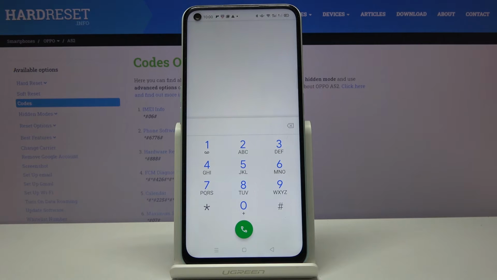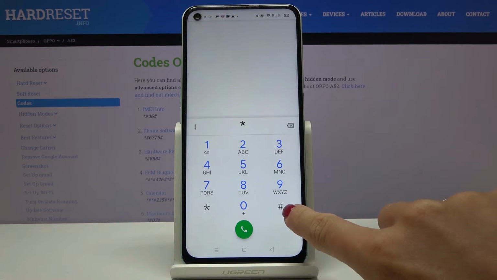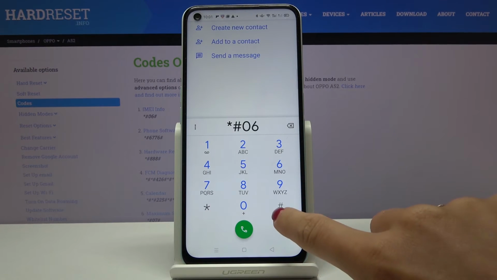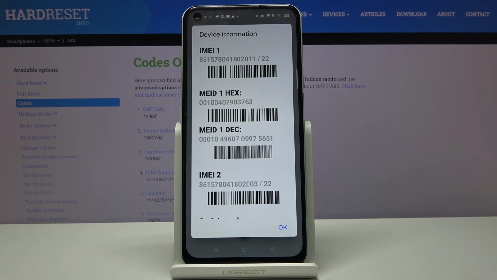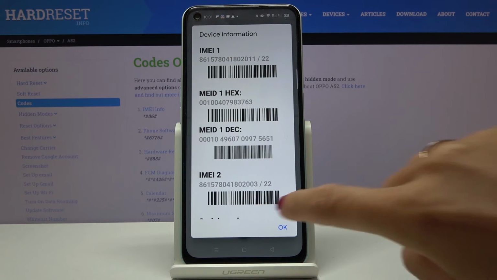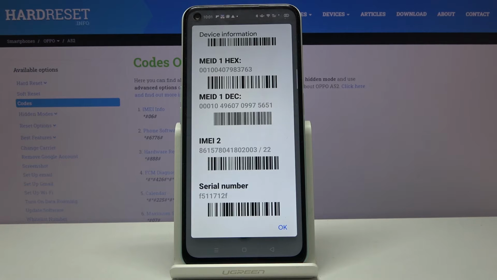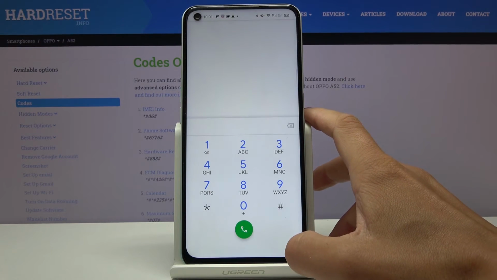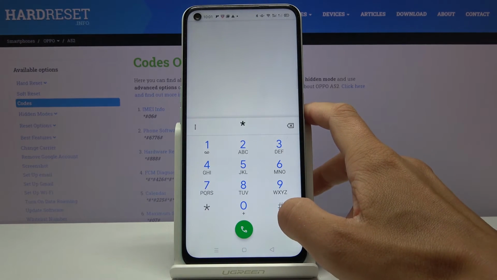And another code that you can use is *06#. And here you've got IMEI number and also serial number. Smoothly enter this code and then you will be provided with those unique numbers. Tap on OK, and the last code that I would like to share with you is